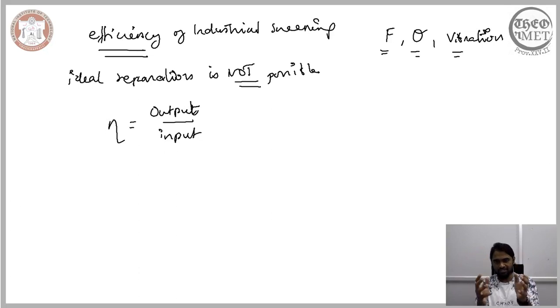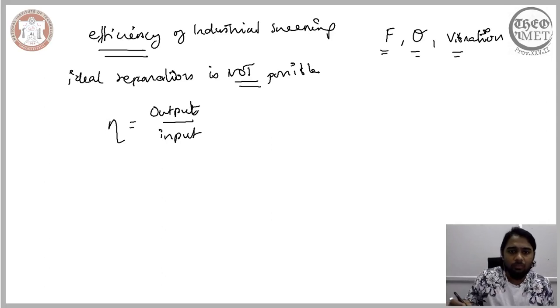Supposing for a given combination of feed rate, angle of inclination and vibration, you achieve a certain degree of screening. Once you change these, you need to ensure that the new degree of screening is much greater than the old degree. We cannot just talk in these qualitative terms, old degree and new degree. You need a specific way of quantifying the degree of screening, and that is the efficiency.